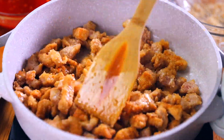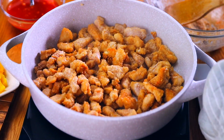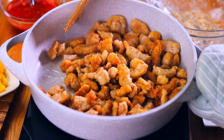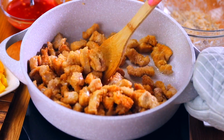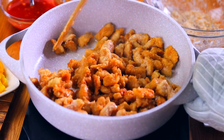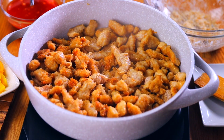And as you see in the video, it gets crispy, it gets luscious, and what I love about this is that it's bite size, so it is going to cook much faster and it's going to get much crispier. Once the chicken pieces are fried and very crispy, what I love doing is getting another medium or large